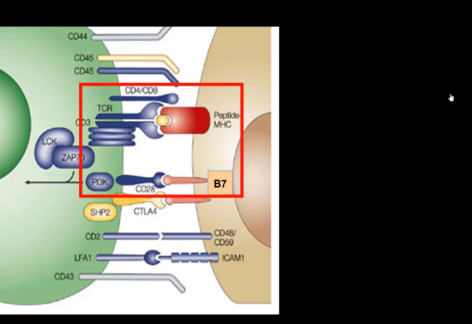Notice it's not involved in antigen recognition. It's just involved in helping stabilize that interaction. That co-receptor is actually vital in activation. It sends a signaling molecule, helps activate the signaling cascade. Without that receptor, the signaling cascade is not activated. So we need CD4 or CD8 to bind to the MHC molecule, while the T cell receptor, this unique specific